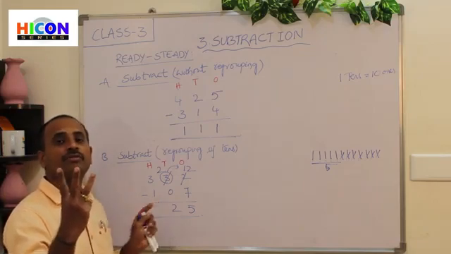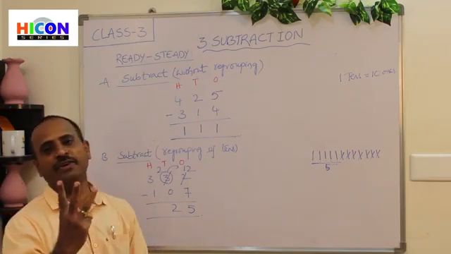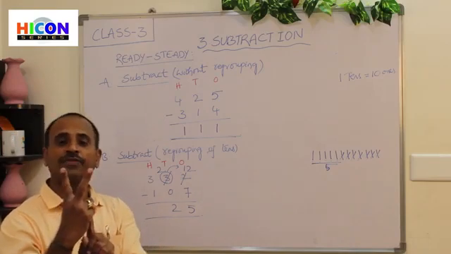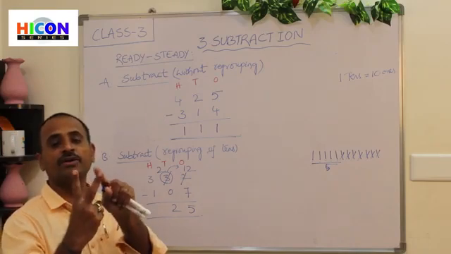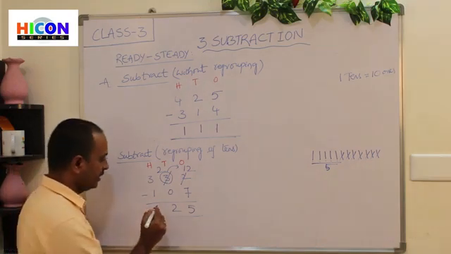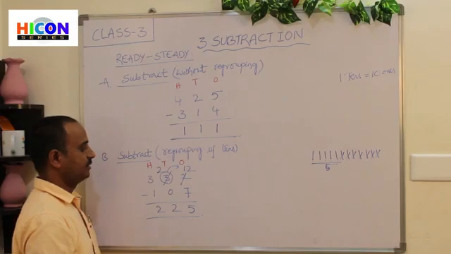So close one finger among these 3 fingers. So children, see, I am closing one finger. So how many fingers are left here? So 1, 2. The answer is 2. Right on. 2 under hundreds place. So the answer is